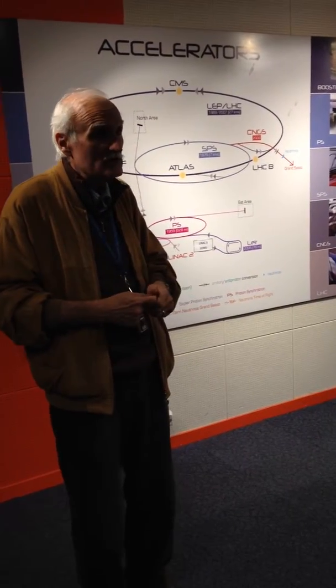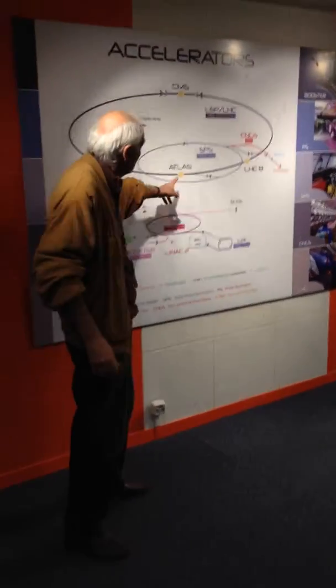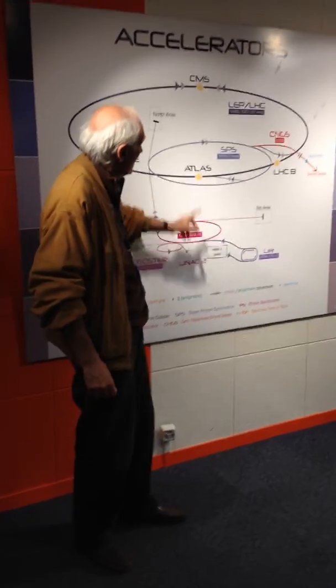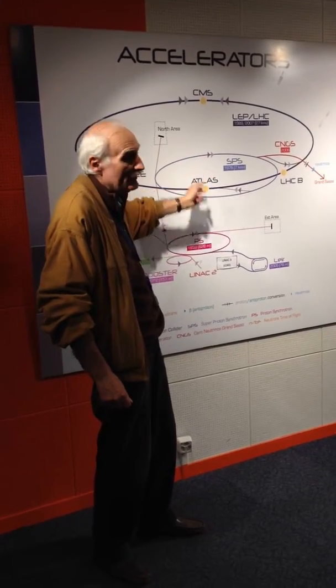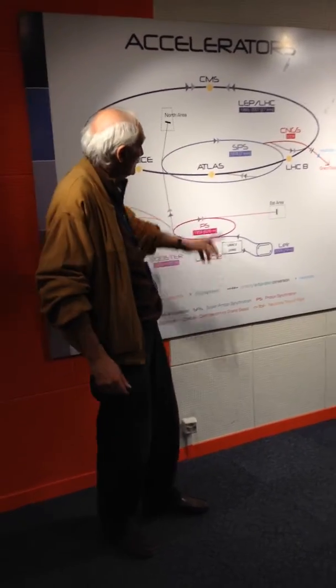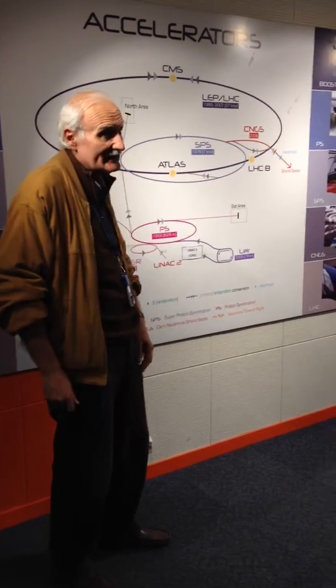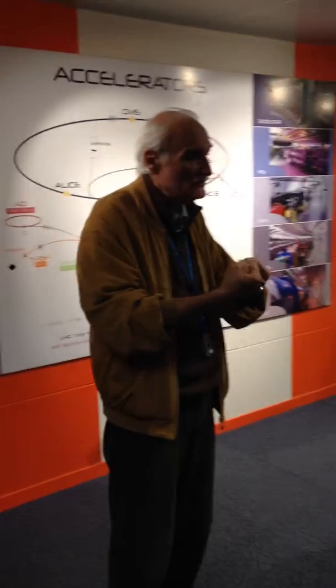To produce collisions, we must deviate 2 bunches by 2 bunches on 4 points on the ring of 27 kilometers. They are called interaction points. Around these interaction points are the detectors, and we'll visit with you now one of these detectors, ATLAS. So we must deviate with magnetic fields each 2 bunches to make them meet, to make them collide, to start